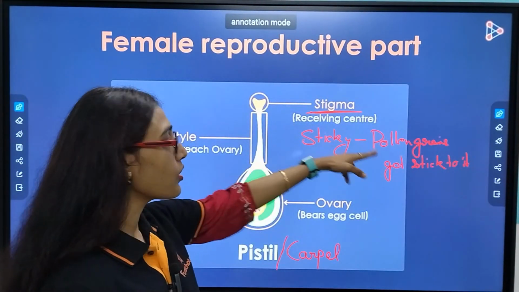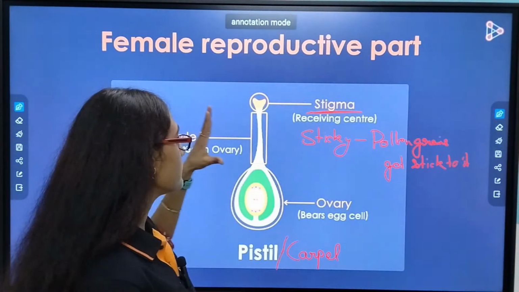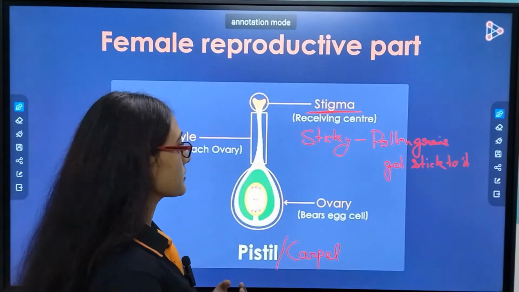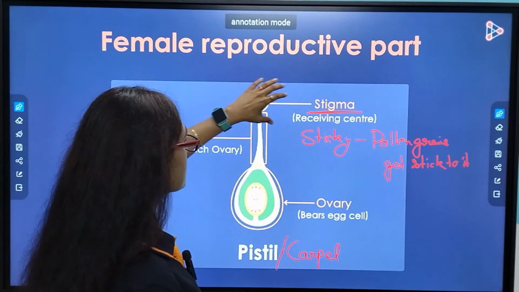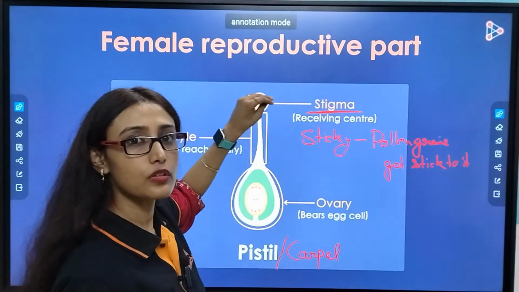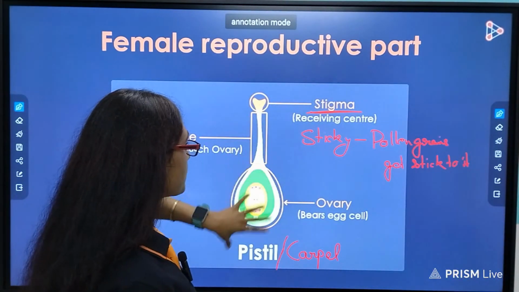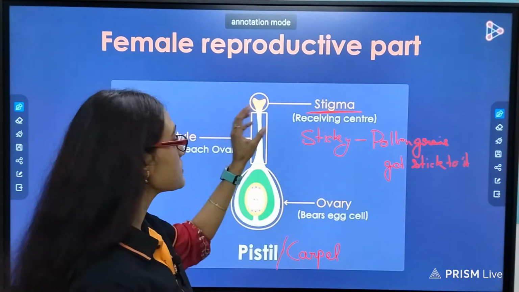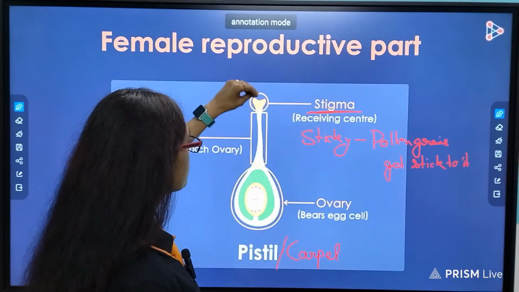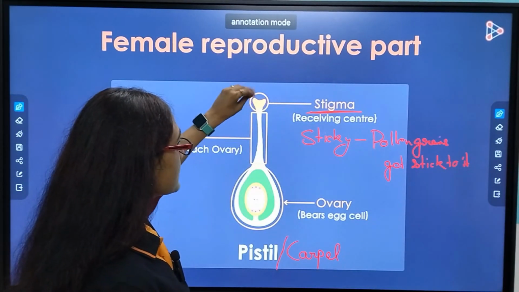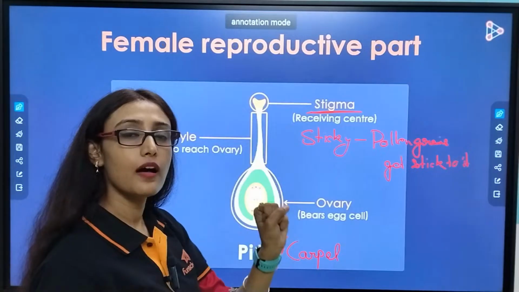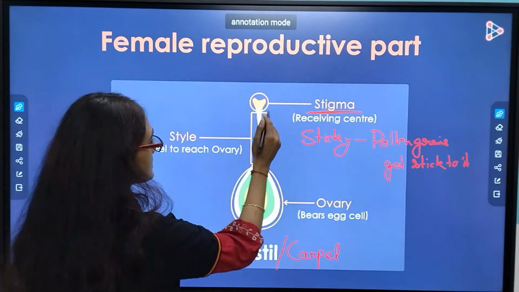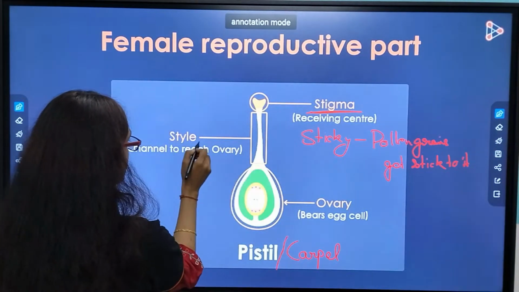Why is it necessary? Because the pollen grains are being driven by wind or air or by some animals or insects. So if the insect is coming here, it does not know that some kind of reproduction is happening because of it. It is unknowingly sitting here. So it is very important for this part to be sticky so that it can hold the pollen grains over there. Now this long part is known as style.